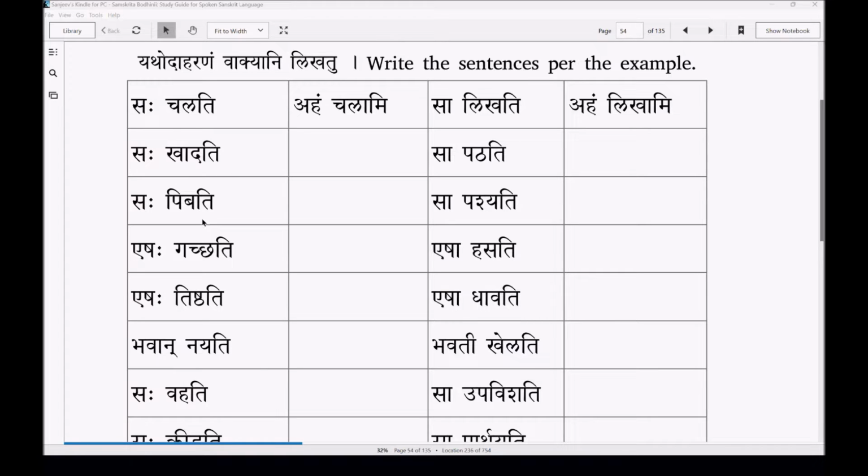Chalati means walking, Khadati eating, Pibati drinking, Gacchati going, Tishtati standing, Nayati carrying, Vahati flowing or also carrying. Then Likhati writing, Pathati reading, pashyati seeing. Sa pashyati means she sees. Aham pashyami means I see. Esha hasati, laughing. Dhavati, running. Khelati,